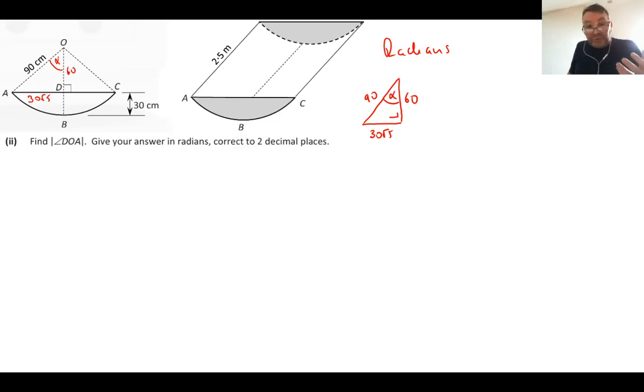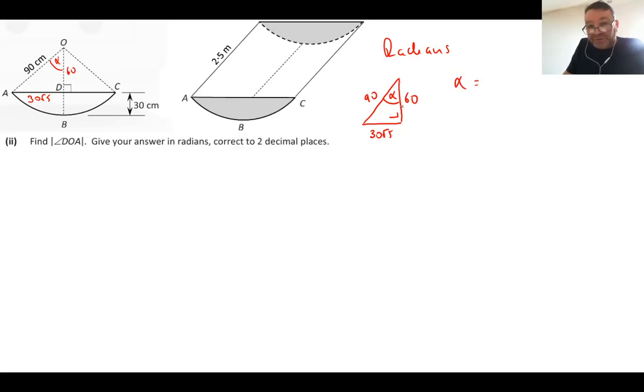Go back to junior cert trigonometry. Whenever you have an unknown angle, all that's required to work out that angle is any two sides. So I'm going to simply take these two sides here, the 90 and the 60. And in relation to alpha, these two sides would be known as the